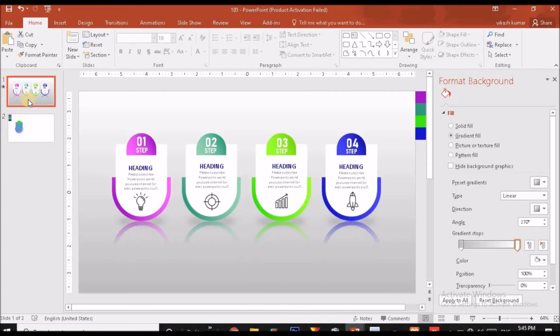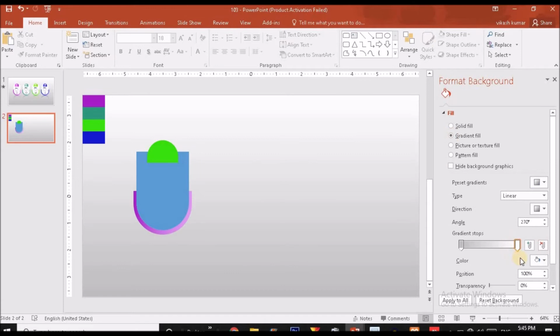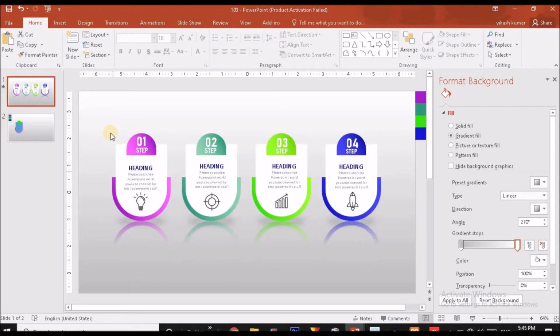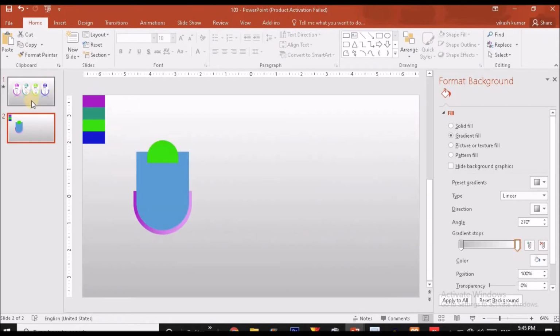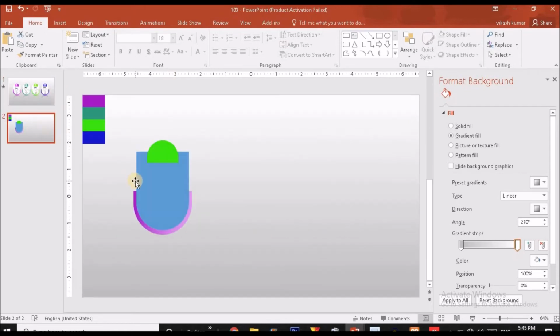Now what we are going to do, we are going to change the background color. So right click over here, click on format background option and choose a gradient fill option over here. This will automatically fetch the background color from the previous slide, because I just have used these two colors, gray and light gray, over the previous slide. So it will automatically fetch that color.